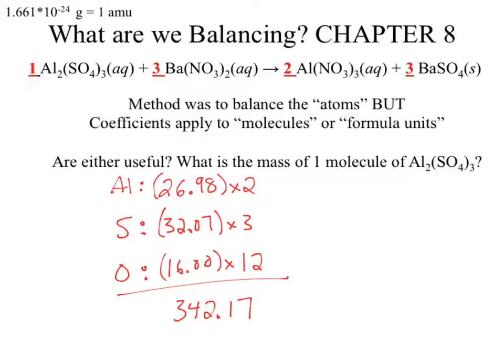342.17. Okay, 342.17 AMUs. So now you have to convert the AMUs to grams. But now we have an issue. When we go into our balance room, what do we weigh? We don't weigh AMUs, we weigh grams. So I now know the mass of one molecule in AMUs, but AMUs is pretty useless in the lab. So what do I need? I need a conversion factor that allows me to convert AMUs